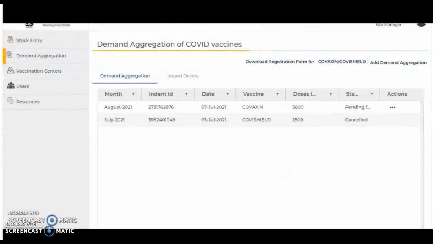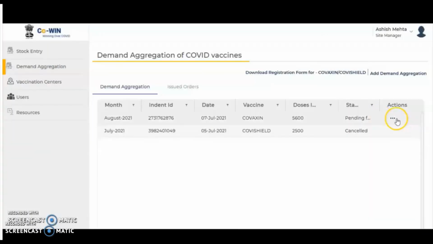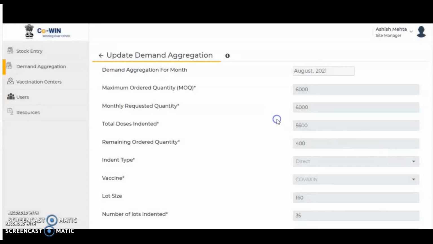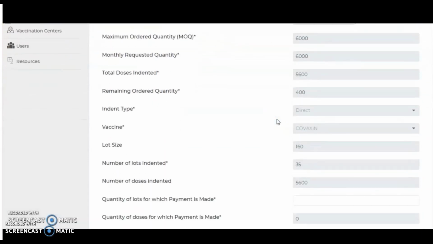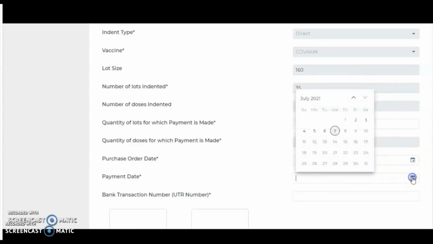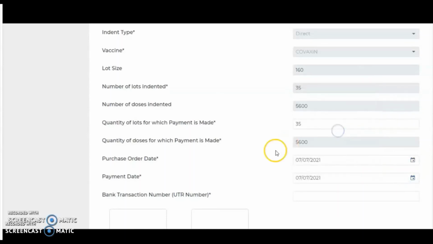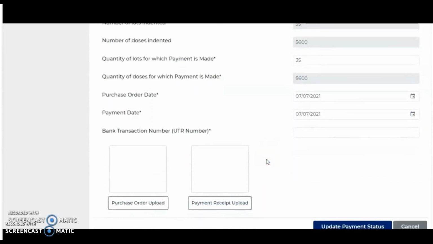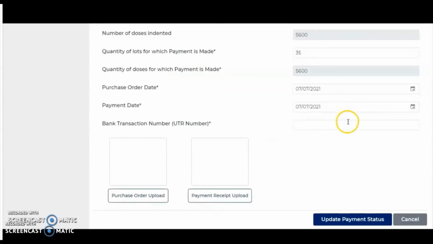In case the CVC manager wants to update the payment status on CoWIN, then under the actions tab, you have to click on update payment status. Upon clicking that, all the details will be pre-filled. CVC manager has to enter the quantity of lots for which payment is made, purchase order date, payment date, bank transaction number, which is also known as UTR number,